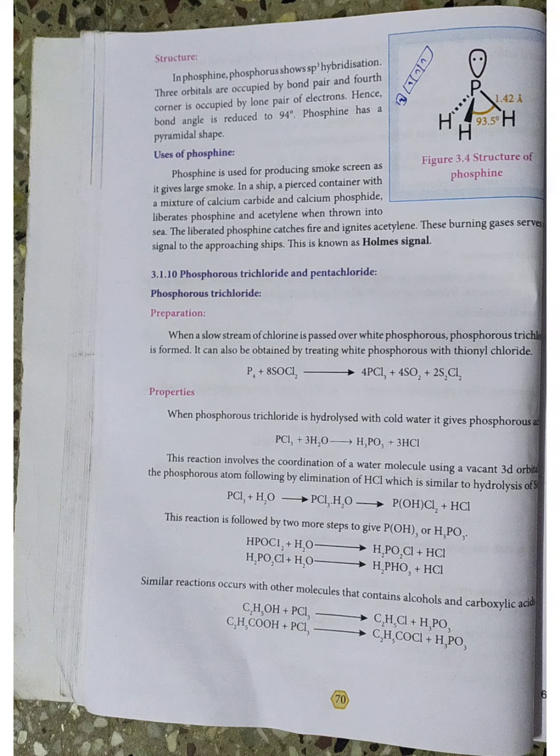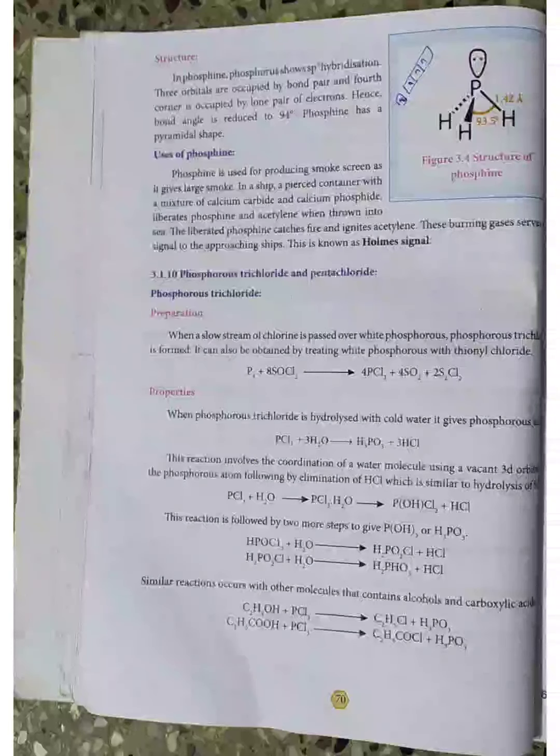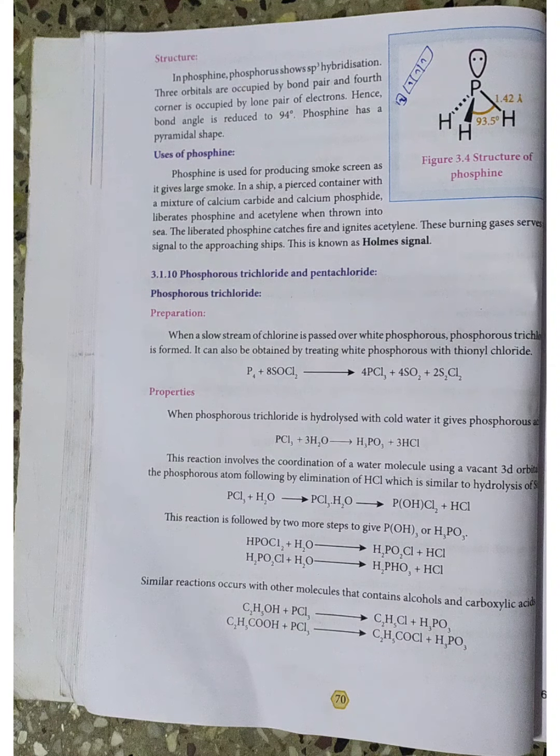Phosphorus pentachloride undergoes hydrolysis to give phosphorus oxychloride and hydrogen chloride. That phosphorus oxychloride again undergoes hydrolysis to give H3PO4, orthophosphoric acid, and HCl. So the overall reaction: phosphorus pentachloride combined with water forms orthophosphoric acid and HCl. Phosphorus pentachloride reacts with metals to give metal chlorides. Example, with silver it forms silver chloride, and phosphorus trichloride is also released.